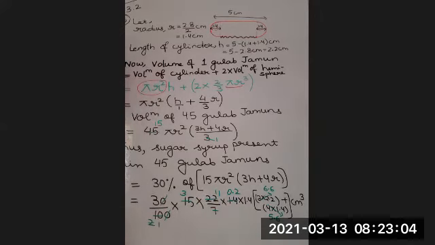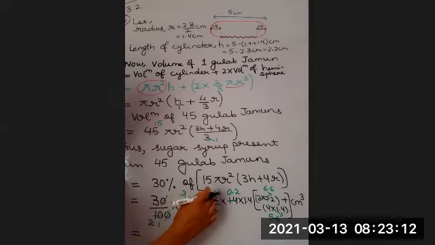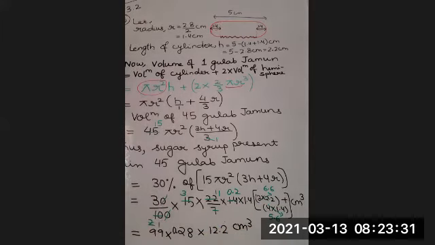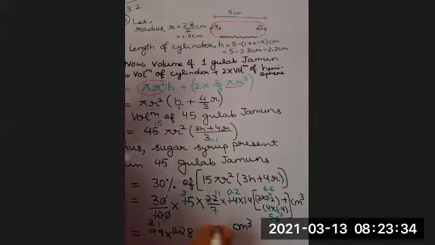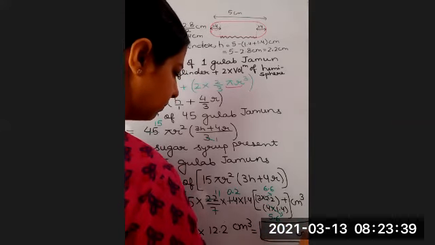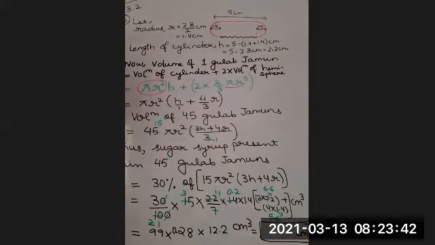So that is how you can do calculations in your own way. I'm just writing the simplified version. 3 into 3, 9. 9 into 11, 99. 2 into 1.4, 28. And then decimal after 2 places. So 0.28 into 12.2 centimeter cube. Now you need to have patience to multiply this big number. Please do that. Find up till 2 places of decimal.